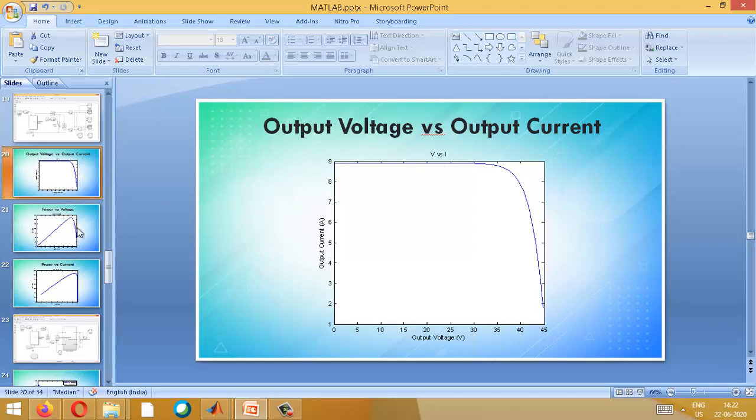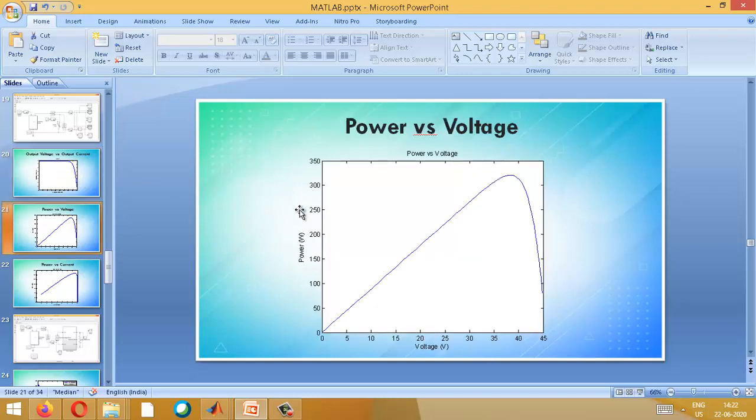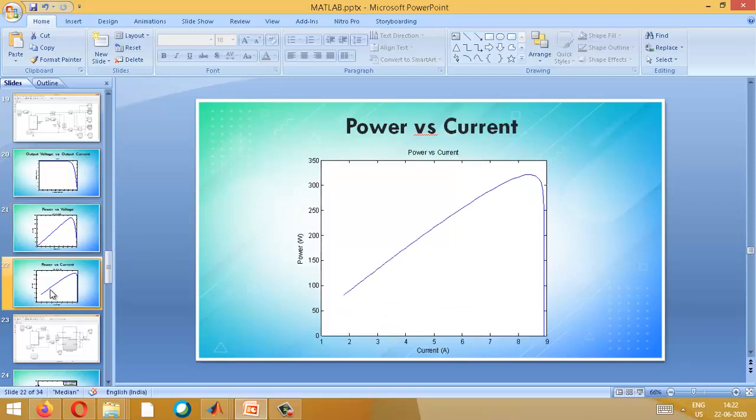You can measure VI, then you can draw power versus voltage and power versus current. From these three we conclude what should be the range in which that solar panel has to be operated. So you can even test. This is for a simple case I have done. You can test it for a design of a 1 kilowatt solar panel, 10 kilowatt solar panel, even a 1 megawatt solar panel, you can simulate it. You can do it very easily. If you instead go and buy and do your testing, the cost will be very high. So you can test it and then proceed.